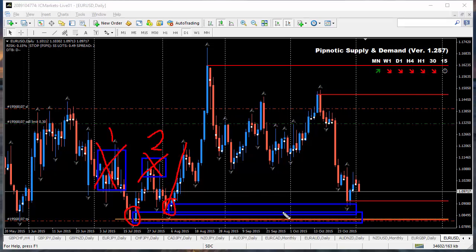And then we had this area of supply just here, which is a lovely area, and it was taken out in turn by this push higher, which originated from this area of demand. And the reason that this is very important to us is because this area of demand took out this area of supply. And so we want to know where these areas are,